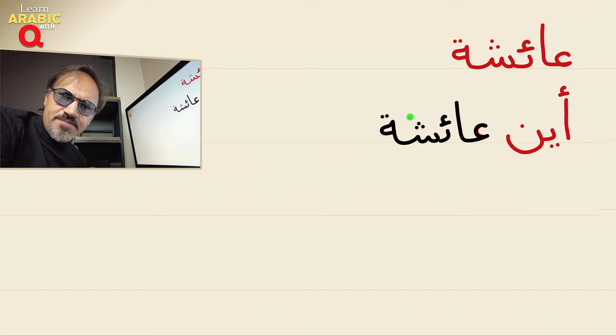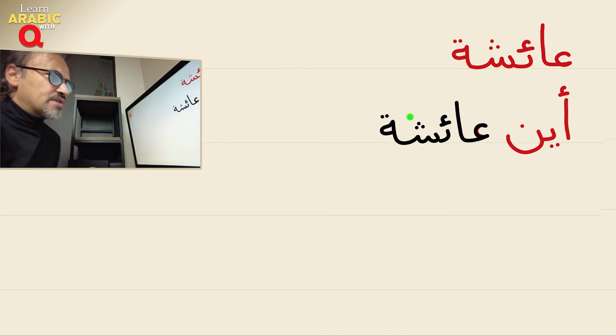أين عائشة? Let's say Aisha is in the library. Now, library in Arabic is مكتبة. مكتبة. So, here we're going to say Aisha. This is the question, and the answer is Aisha